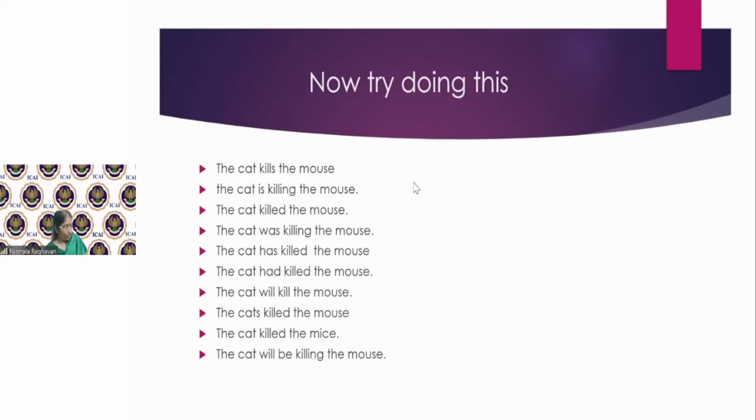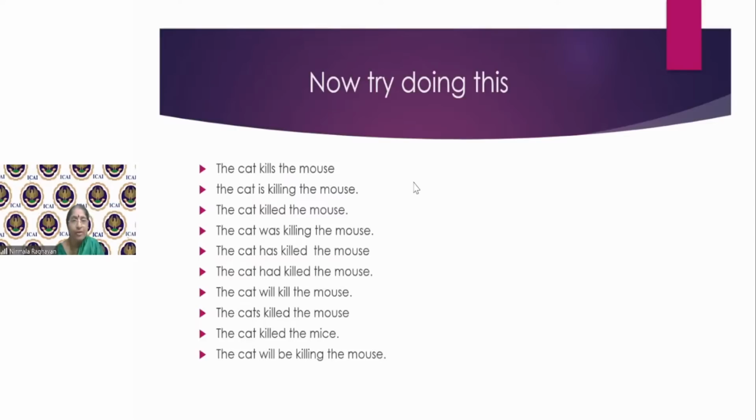You have a minute more. You want me to read it? So I'll read out the active sentences. The cat kills the mouse. The cat is killing the mouse. The cat killed the mouse. Oh, you want me to say it slowly? No, I have also given you cats so that you understand how to change it. You done? Okay. No, all through this is only cat. There is no cats. That's for